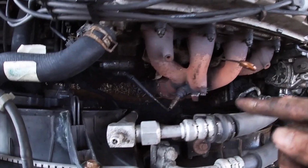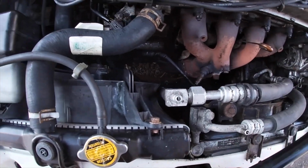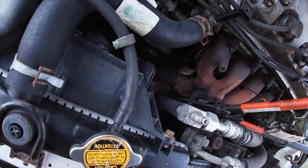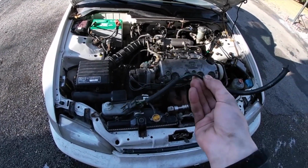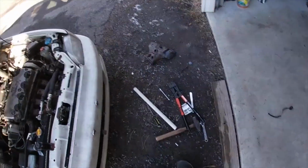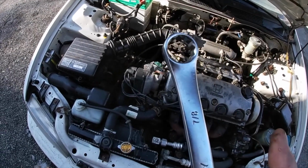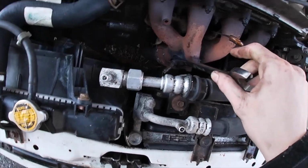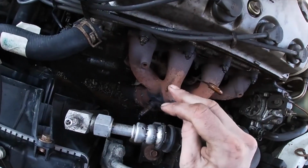Once you're at this step, if you don't have an O2 sensor socket like I don't at the moment, what I'm going to be doing is taking some cutters and cutting this wire, and I'll show you why in a second. Okay, so the wire is removed. I cut it off. The reason I removed this wire is so that, if you don't have the O2 sensor socket, you could just grab your 7/8 and literally just fit it right over there. And I'm gonna take my little bar, or actually I don't have room for that, so I'm just gonna